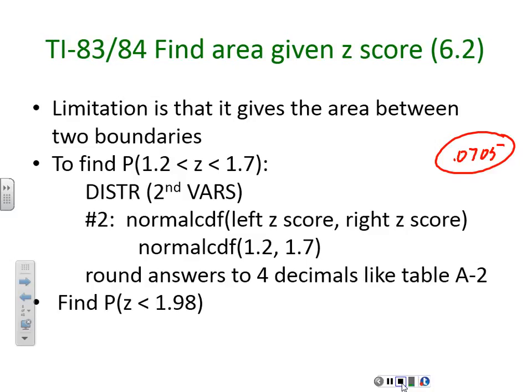And so when you go to put this one into your calculator, you're going to do your normal CDF. And you have to put in a very, very, very far to the left number. So pick something like negative 9,999. And then pick your end point for the right, which is that 1.98. Because the probability that we're going to get a z-score at negative 9,000 is basically nothing, so it's not going to affect us. And so if you put that one in there,